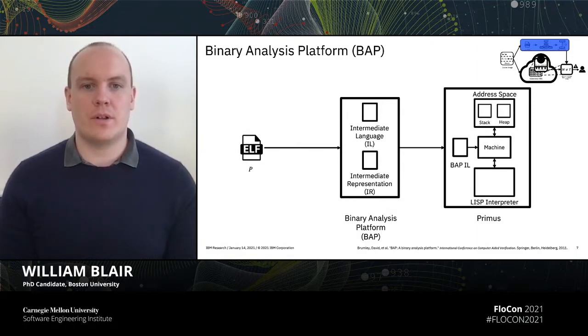And also for external dependencies that a program may call out to, it maintains a Lisp interpreter that allows an analyst to stub out the functionality of library functions without having to micro-execute them directly or provide equivalent implementations for them. As an example, if I were micro-executing a little program that required network functionality, it's much easier for me to go to the Lisp interpreter and state that any call to bind should just return 0 to support the normal execution of the program, instead of delving into the libc, trying to micro-execute the corresponding implementation of bind, and therefore slowing down the analysis if I'm not concerned about the implementation of bind.